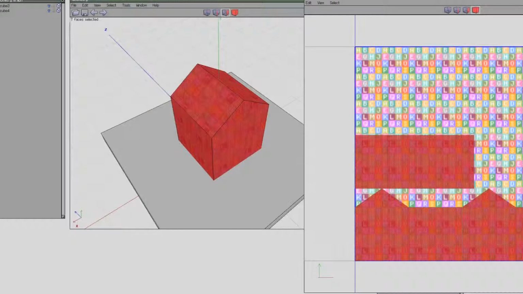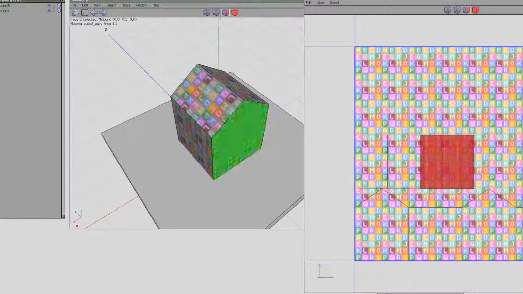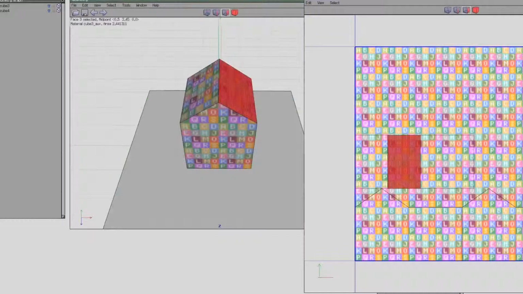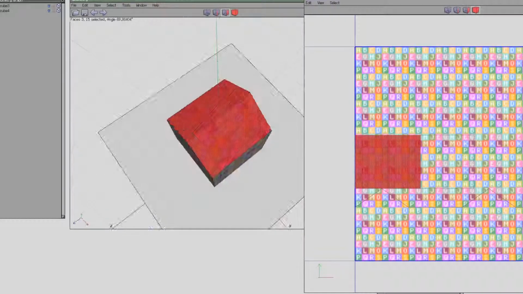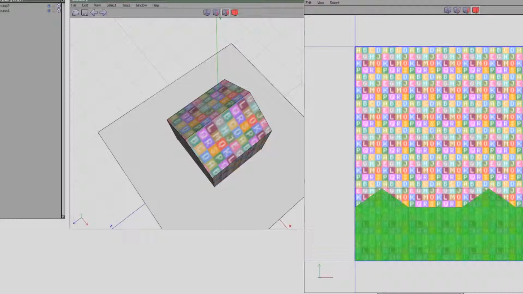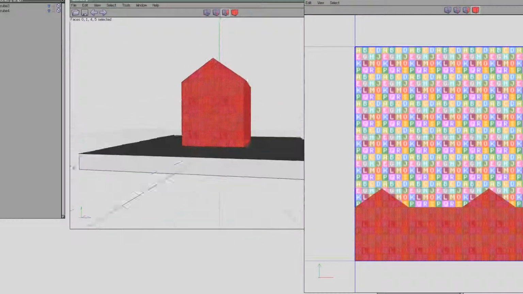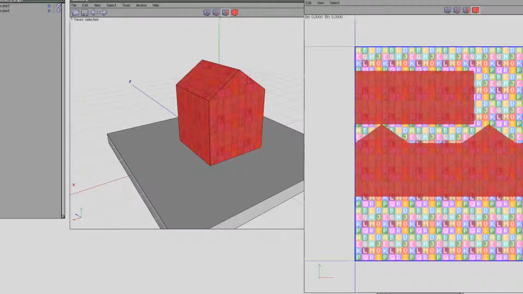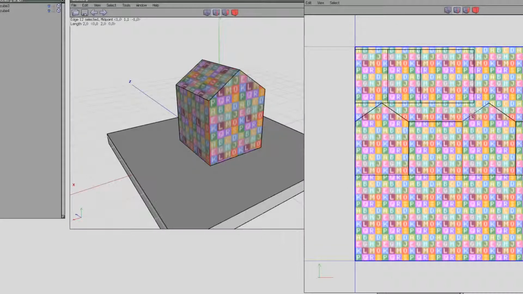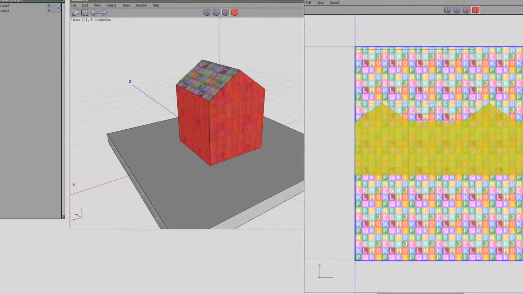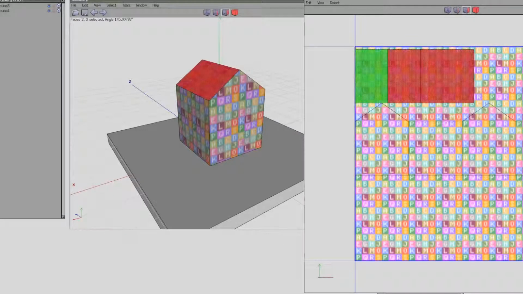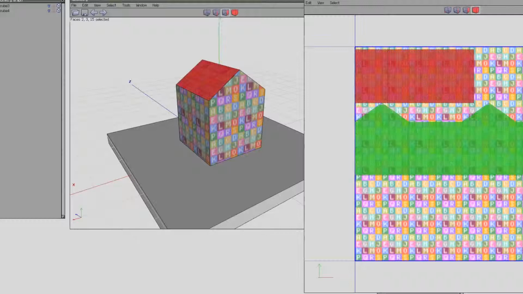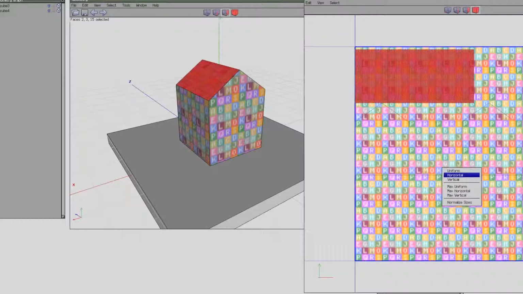So now I got three faces, one for the bottom, can't see it right now, one for the roof, and one for all the side faces. I could now go around and position them as I like. Maybe I think I would like the roof a bit bigger, so I select that, go to scale, go to